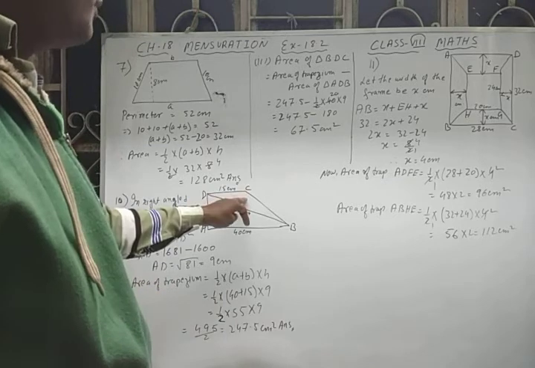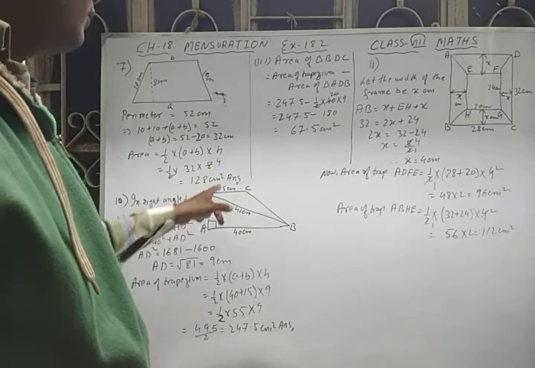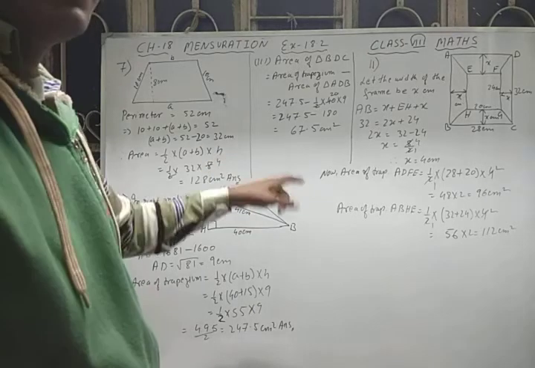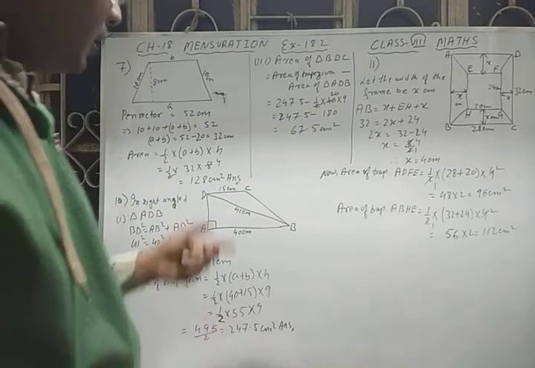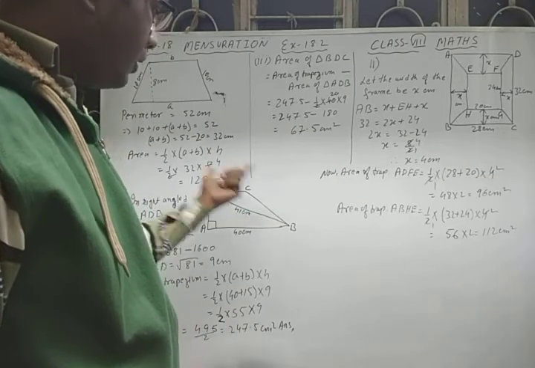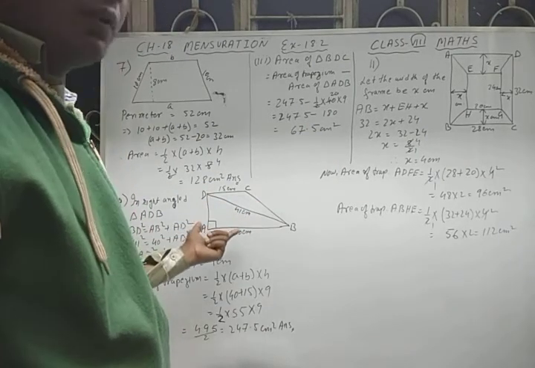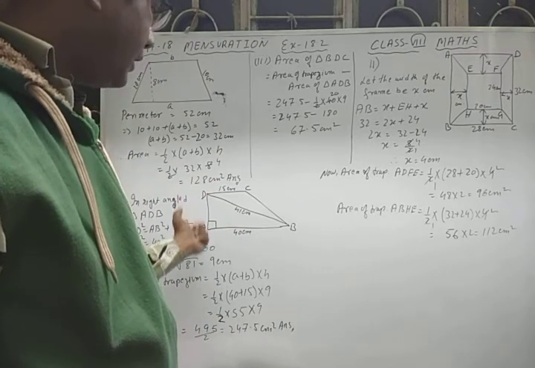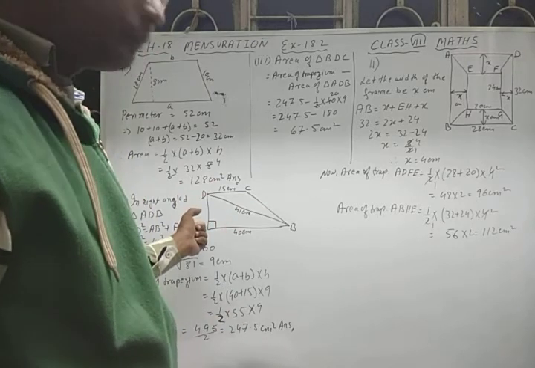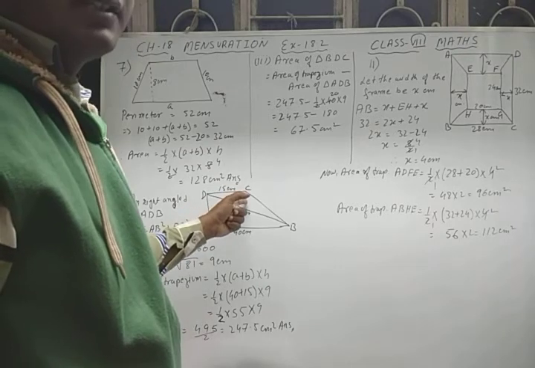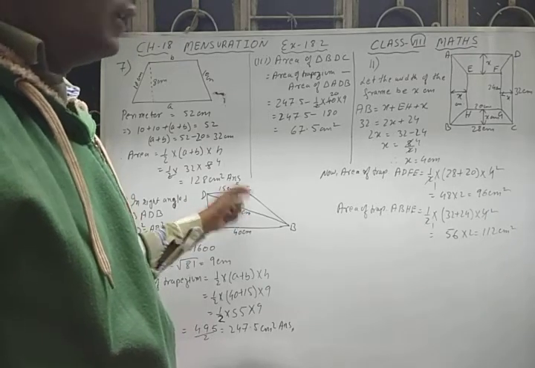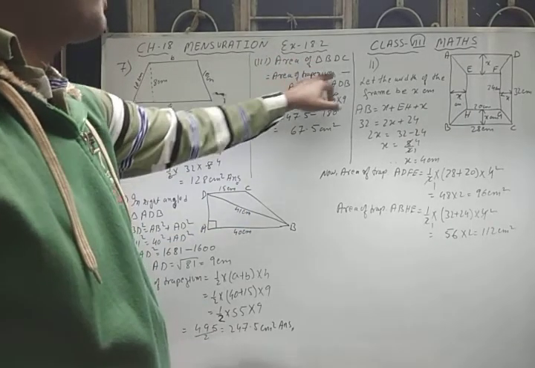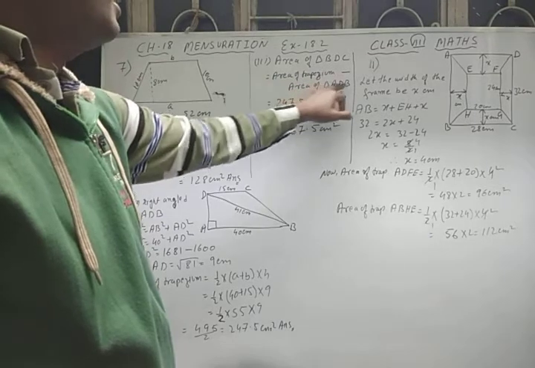To find the area of the triangle, you don't know the third side also. You just know the two sides. It is not a right angle triangle. Then how can you find the area? You have the area of this whole trapezium, 247.5. If you subtract the area of triangle ABD, then you will get the area of triangle BCD. So the area of triangle BCD or BDC is equal to area of the trapezium minus area of triangle ADB.